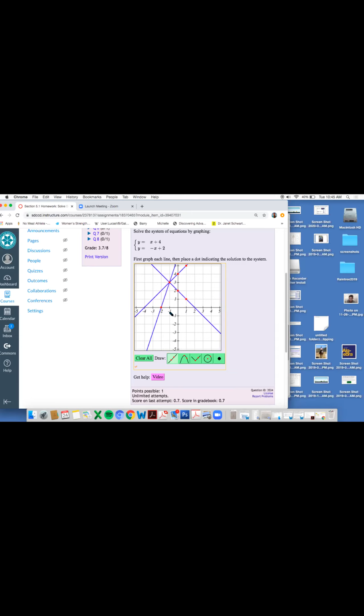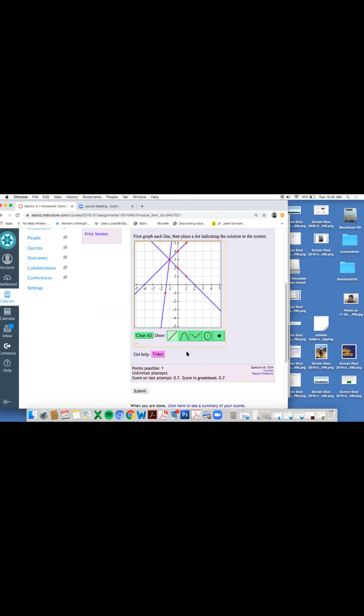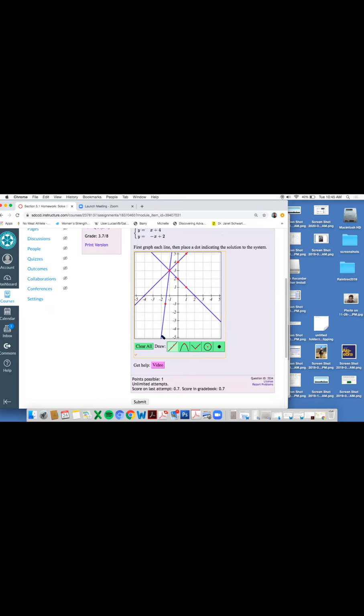Oops. This is not good. These are probably some of the problems you're going to run into when you do this problem. I had the wrong tool there, and I'm not sure how to erase just one line. So I think I need to clear it all. Okay, let's do it again. First line, 4, slope of 1. Second line, 2 and